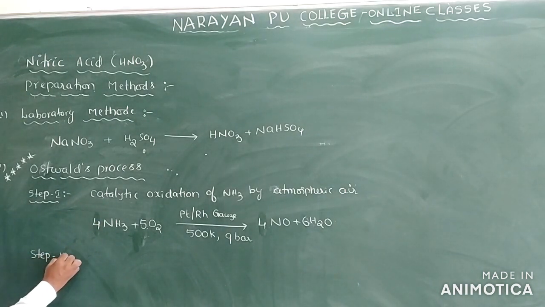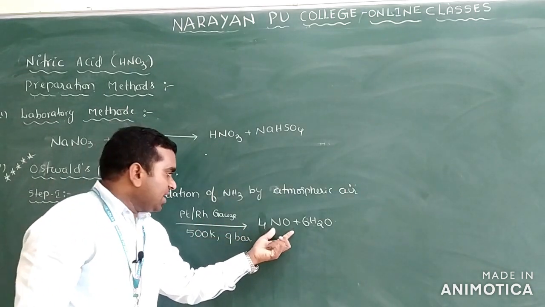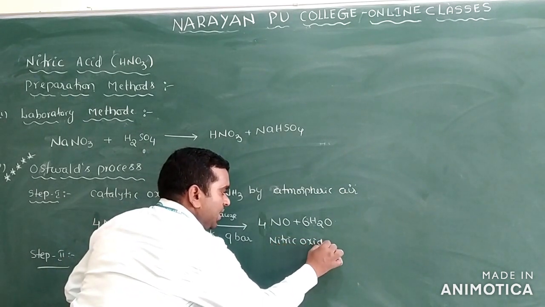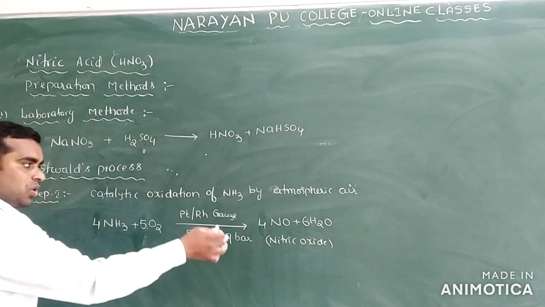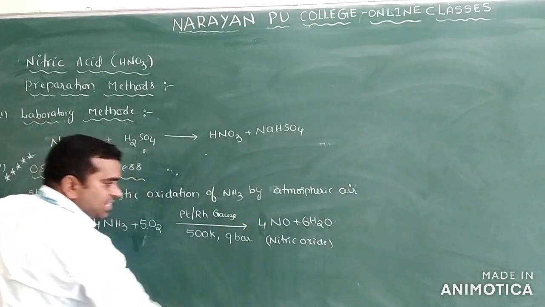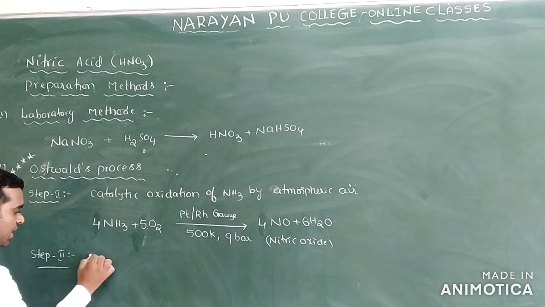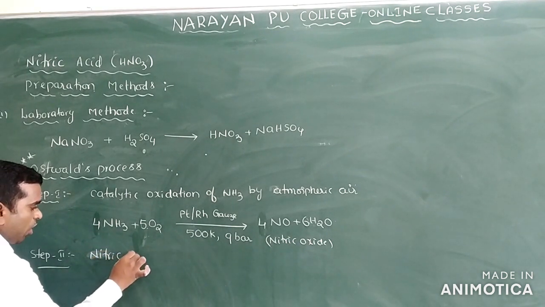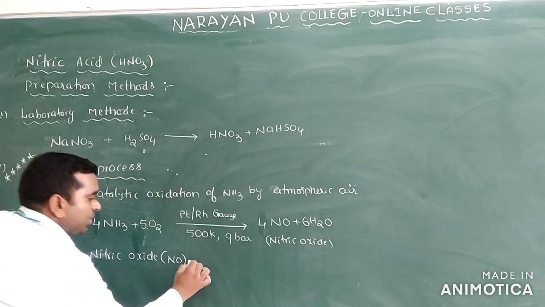What is step 2 here? Step 2. So in this one, the nitrogen, what is the name here? Nitric oxide. What is formed here? Nitric oxide. The nitric oxide combines with the oxygen to give the nitrogen dioxide. In the first step, nitric oxide will be formed. In the second step, you will get the compound nitrogen dioxide. So what is here? Nitric oxide, NO, thus formed in the first step, combines